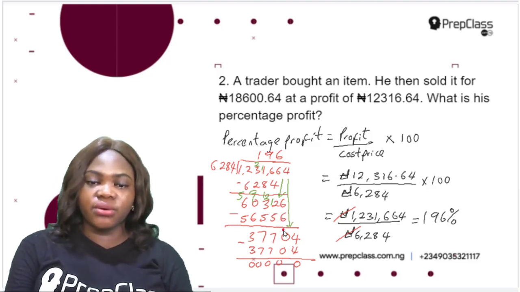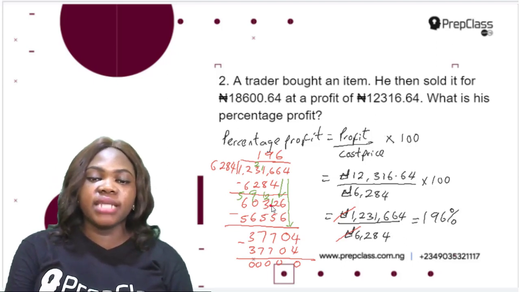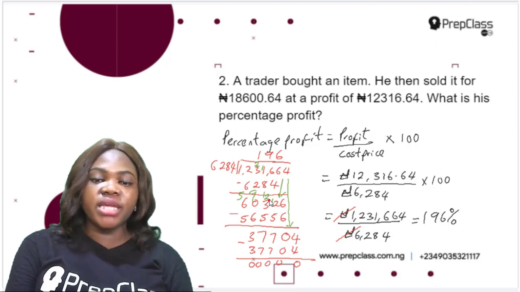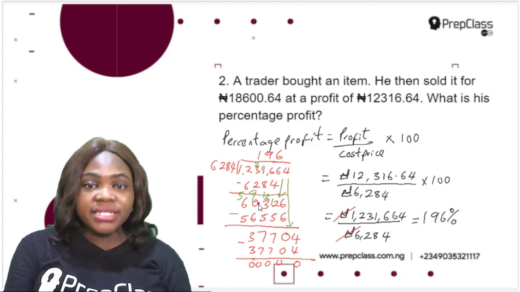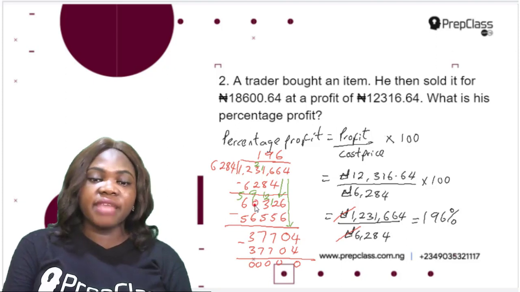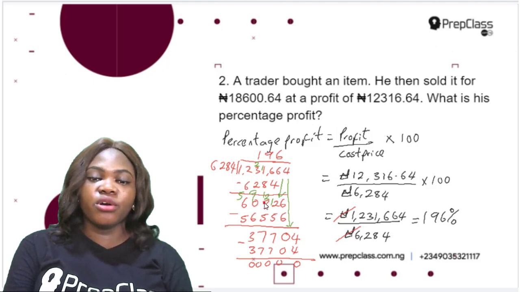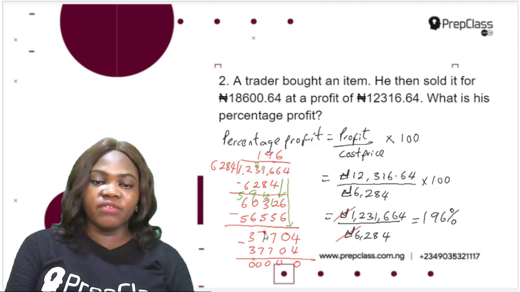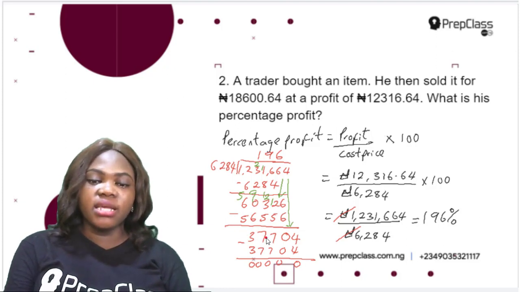6 minus 6 is 0. 2 minus 5 is not possible, so we get 1 from 3 and put it here. This becomes 12. 12 minus 5 is 7. Remember, this is remaining 2 now. 2 minus 5 is not possible, so we have to get 1 from the next digit, which is 0. But 0 means nothing, so we have to go to the next digit, take 1 from this, it becomes 5. Put it here, it becomes 10. Then take 1 from this, it remains 9. Put the 1 here, this becomes 12. 12 minus 5 is 7. 9 minus 6 is 3. 5 minus 5 is 0, so we do not write it. So now we have